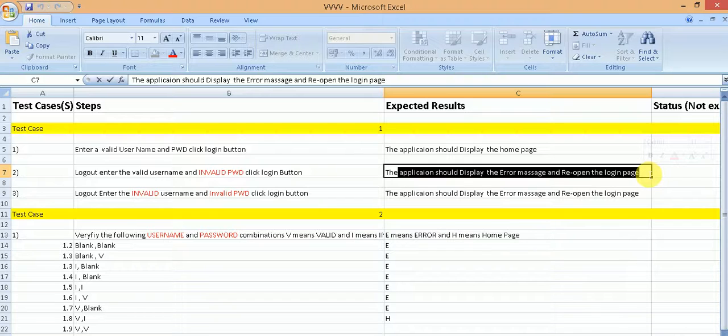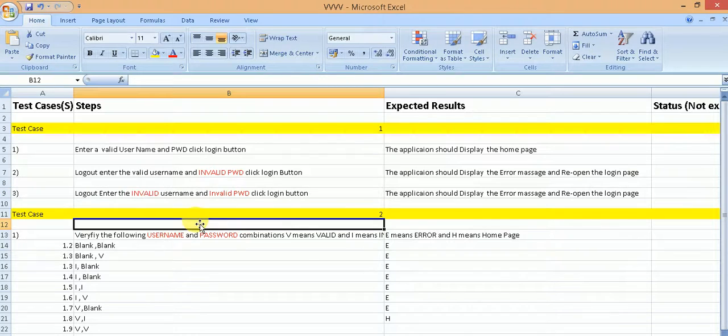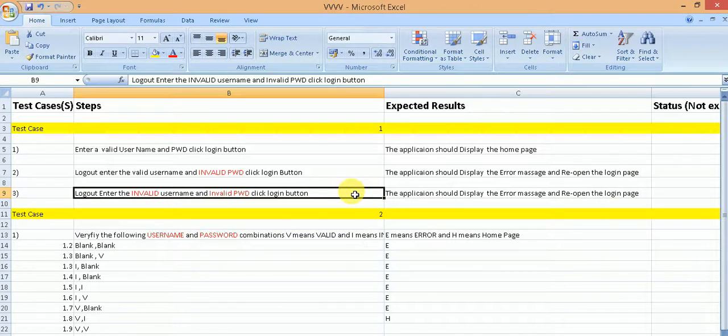Then step 3 is another example of a negative test, but here all the inputs are incorrect. It says log out, then enter an invalid username and an invalid password. So make sure the user is logged out of the application, then enter a username which is invalid and a password which is invalid, meaning a username and a password that do not exist in the application data store, and click on the login button.